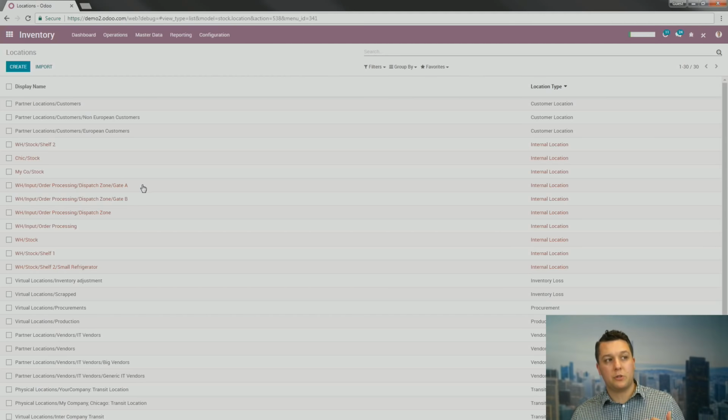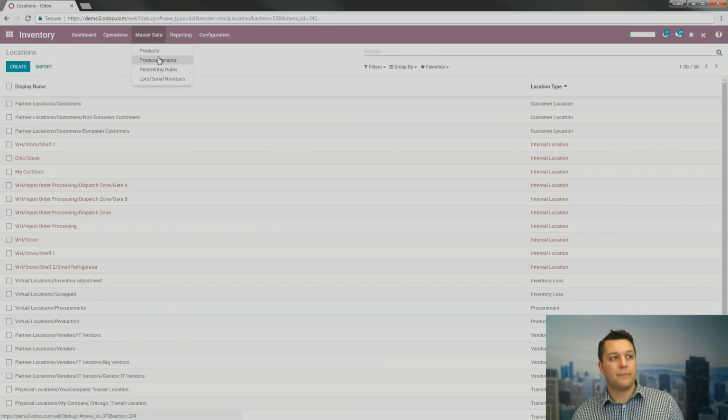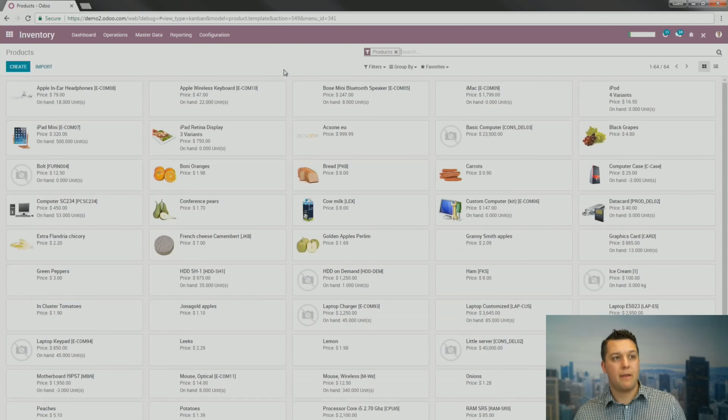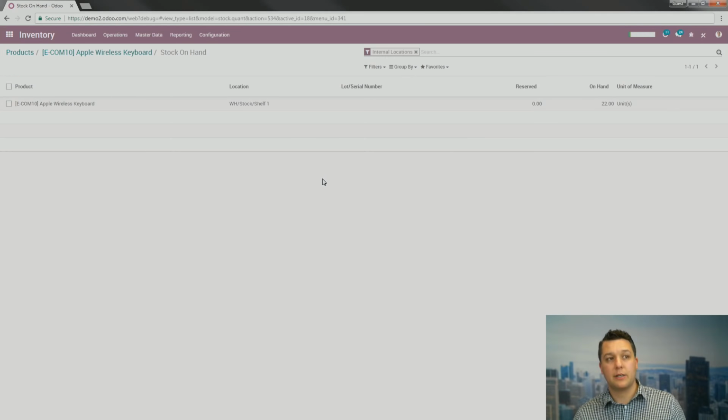So what you could have is a route that's going to move something from general inventory to a production location. You can see that right here, a virtual location called production. Why this is important is, if I have, and I'm going to jump to a product for a second, these keyboards right here, I have 22 on hand. This is by internal location. So this is what the system thinks is available to consume, sell, etc. You want to set your production location as something that's non-internal, so when they actually go in and pull it out of there, it moves it to that spot, and